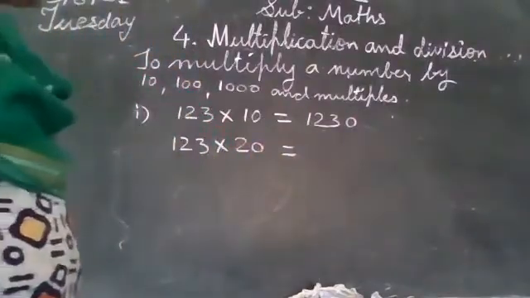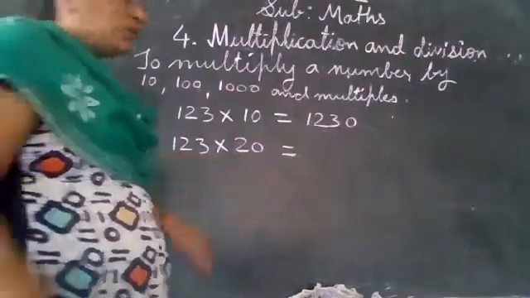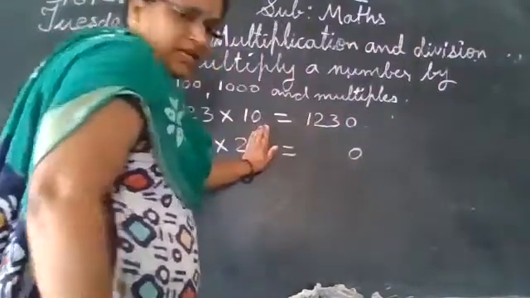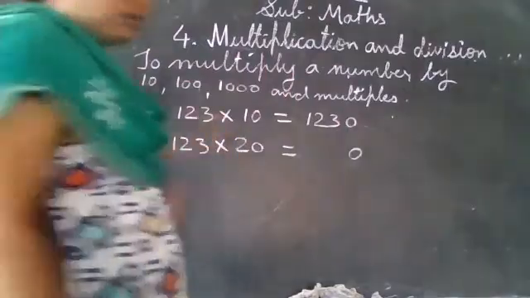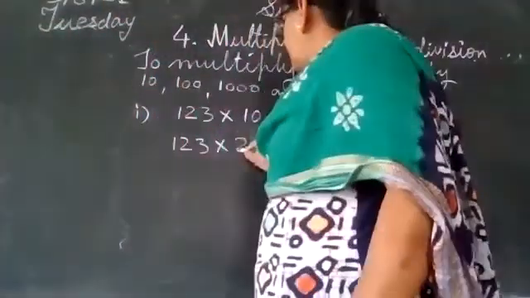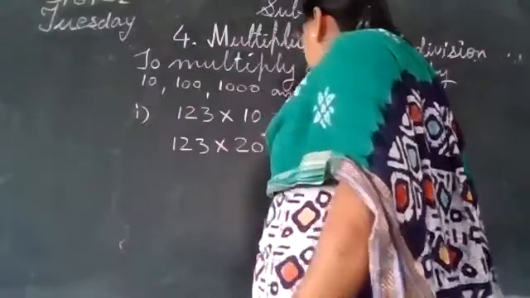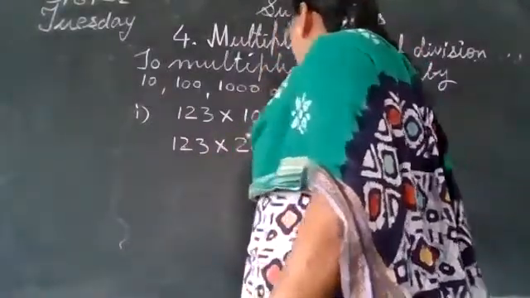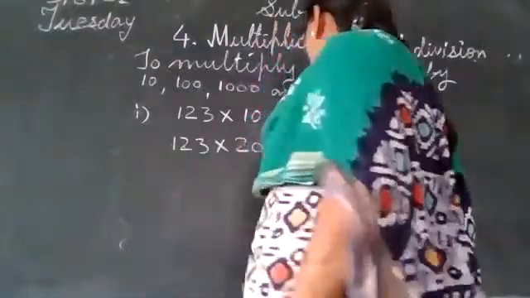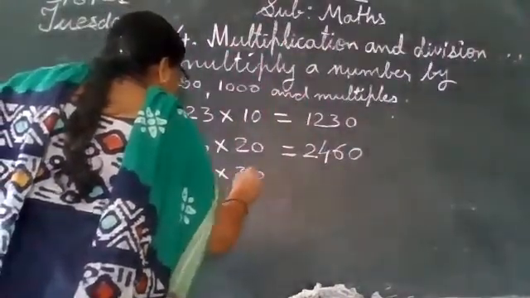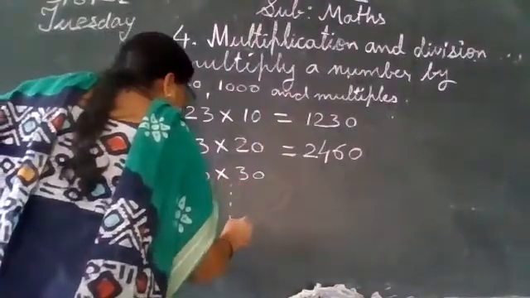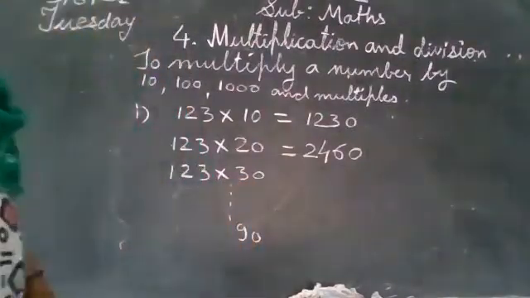Now let us learn to multiply a number by its tens multiples. Again we will do the same thing. See, 20 has 1 zero. So put 1 zero. Okay. Now what is left, beta? 2 is left. So multiply the number by 2. So 2 3s are 6, 2 2s are 4, and 2 1s are 2. In this way you can also multiply a number by 30 up to 90. You can do the same thing.